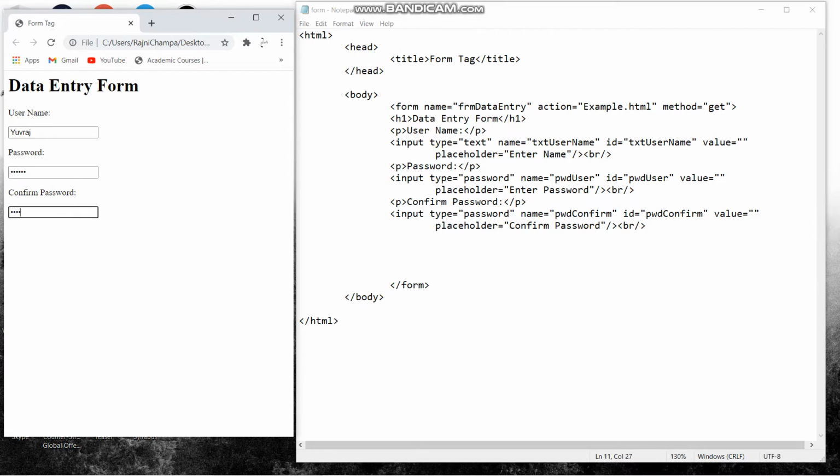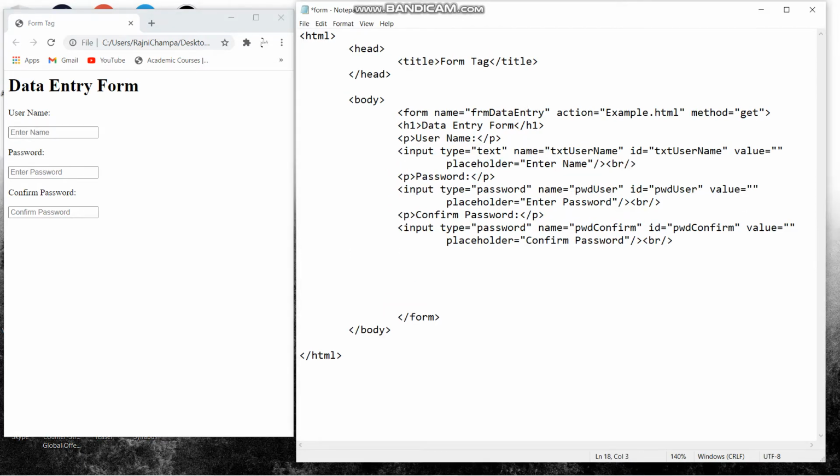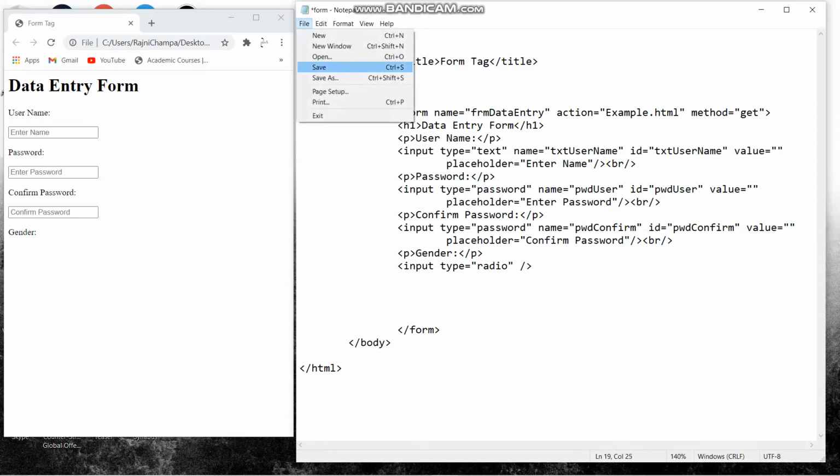Now we will do another thing, like creating a radio box. If we are asking someone what is your gender, we will give radio boxes so the person can click on it, or select it, something like what we do in any radio box. So I have given the gender paragraph here, so it is a block level paragraph. In the input field for the type I am writing radio. That is what you have to do for the radio tag.